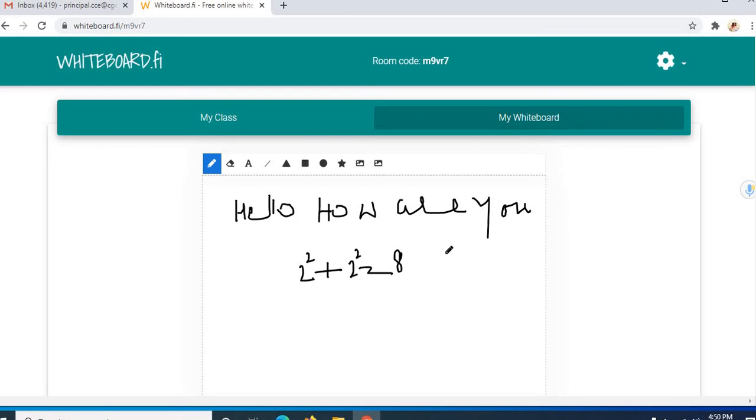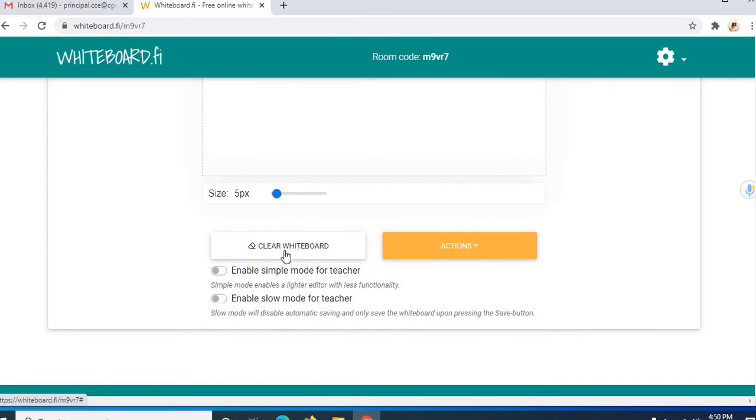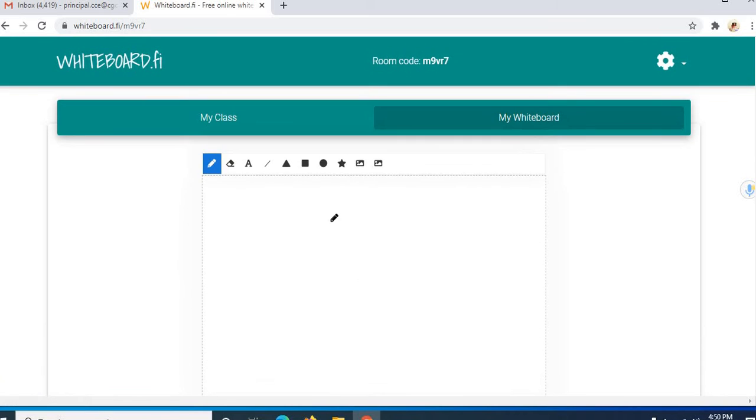If I want to clear it, this is the eraser, I can remove it one by one, or I can simply go to this clear whiteboard. Once I click this, everything which has been written will be cleared.